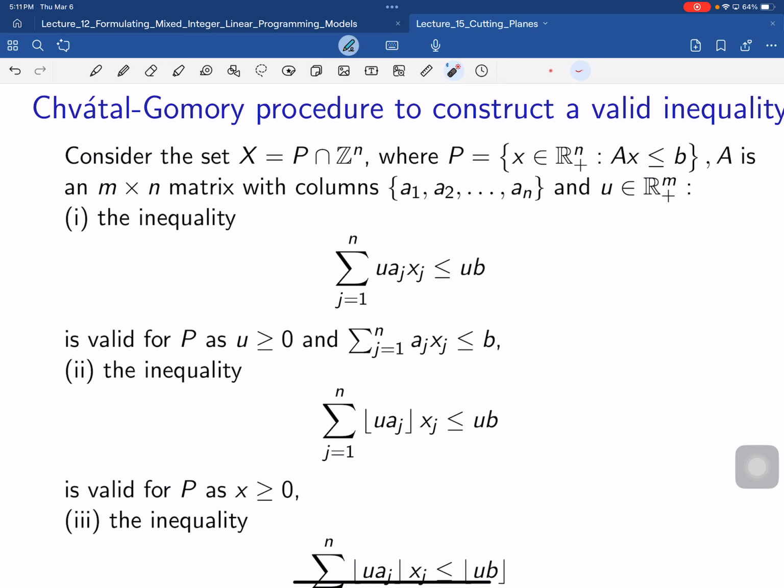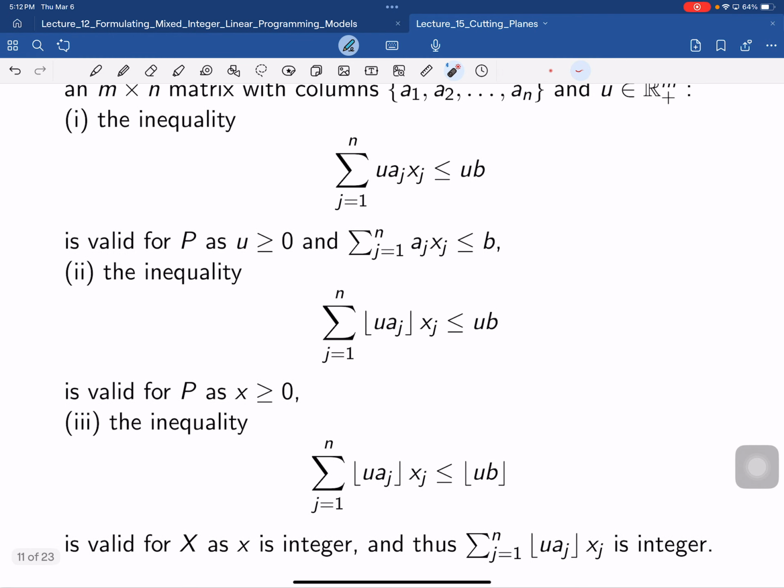But all the x are greater than or equal to 0. So if you have, let's say, minus 3.5 times a positive number, minus 4 times the number is also smaller. Yeah, because all the x are greater than or equal to 0. So if you round down, it will become smaller since the xj's are greater than or equal to 0. And following the same rationale, you can also round down the right-hand side,